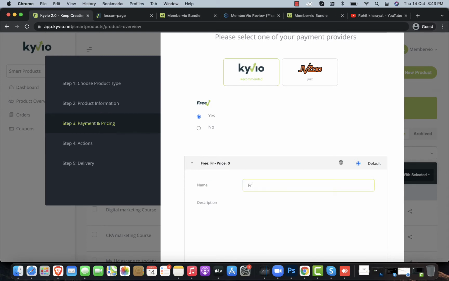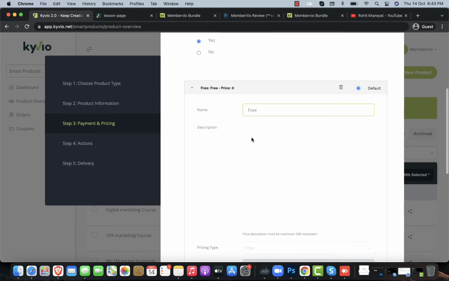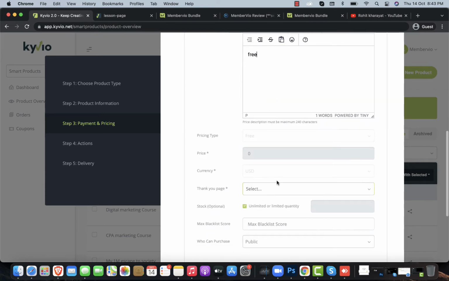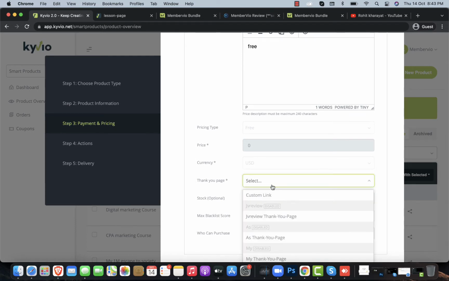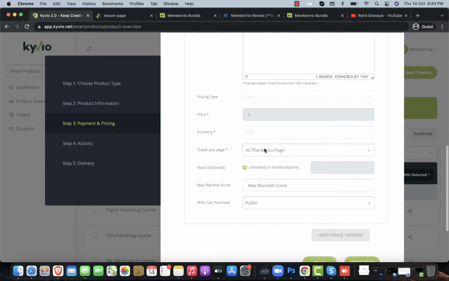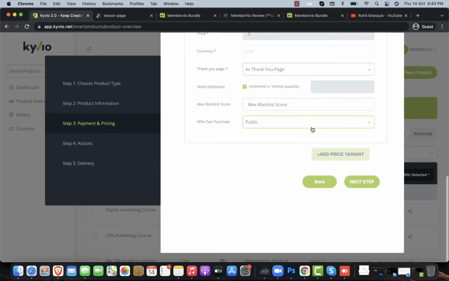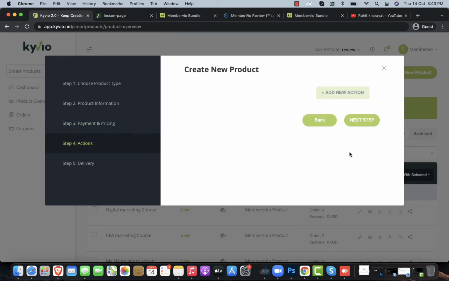You can add different kinds of pricing for different platforms. If you have a bunch of courses, like 2 courses or 3 courses, you can sell those, and you can do many things on one landing page. We are just going to get a normal thank you page, which is available by default.